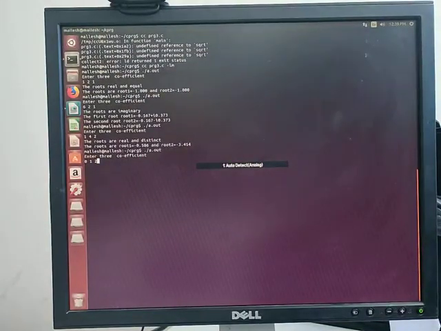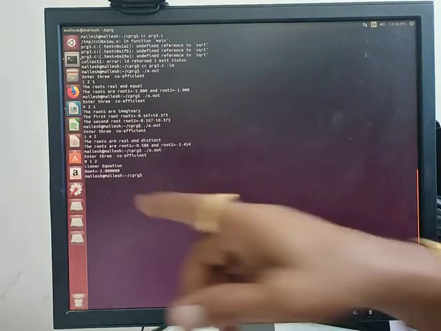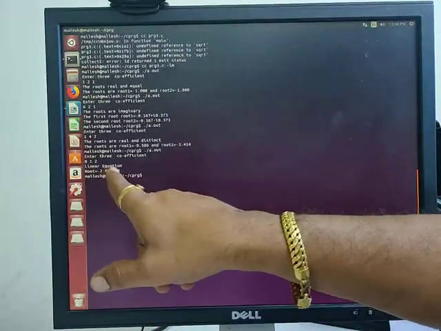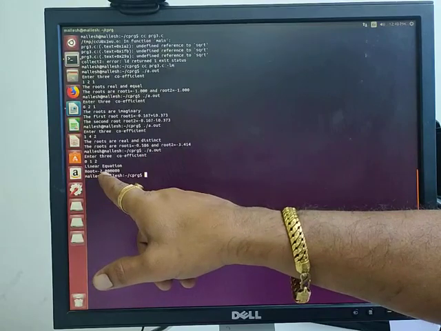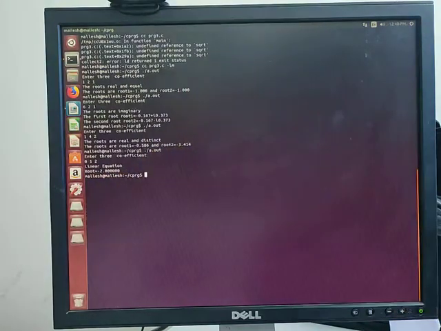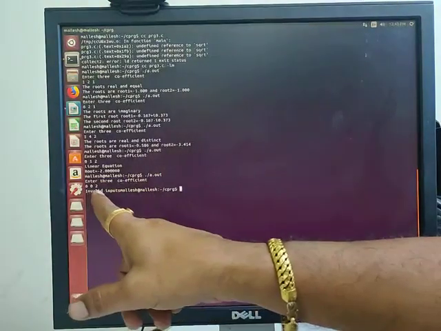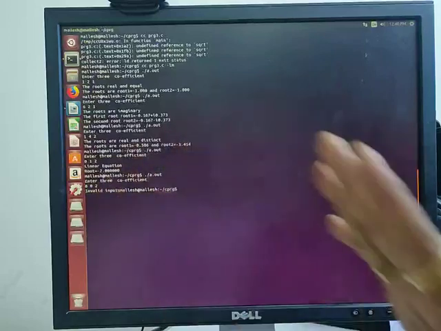See, linear equation, root is equal to minus 2.00. Then if you give a as well as b as 0, so a is also 0, b is also 0, and c is something, then it is not possible. Invalid input. Roots are not possible.